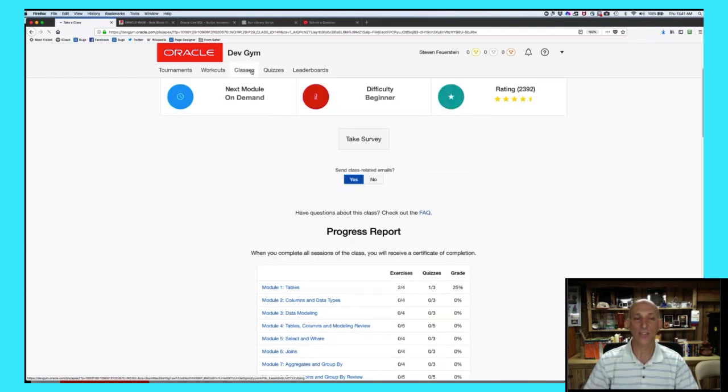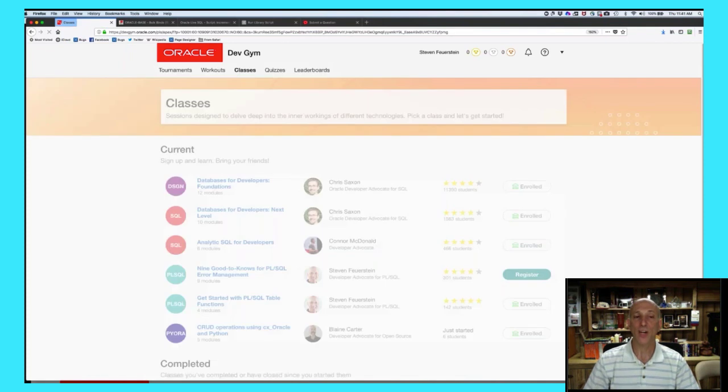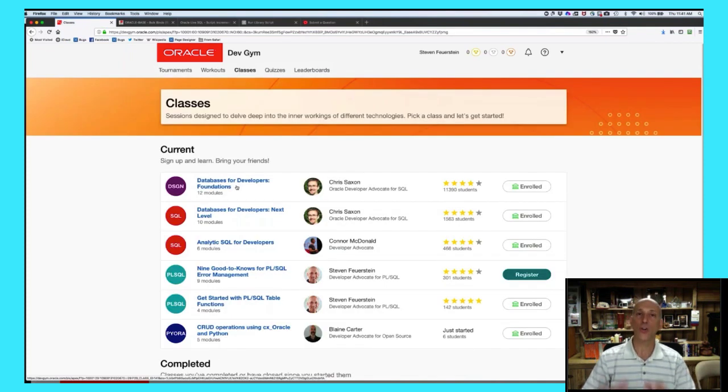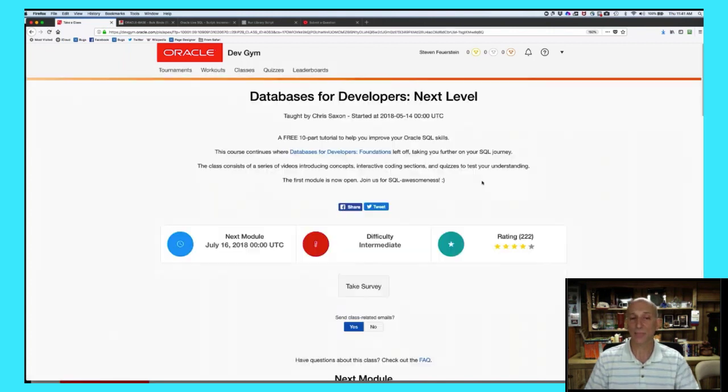So let's go back to the class list. Database for Developers Foundations will be a great class that you should offer to students you're working with or people just coming into the relational database world to learn about the basic principles of relational databases. Database for Developers Next Level, which is actually just wrapping up. We just started it up about 10 weeks ago. Takes you to the next level. So in this case,